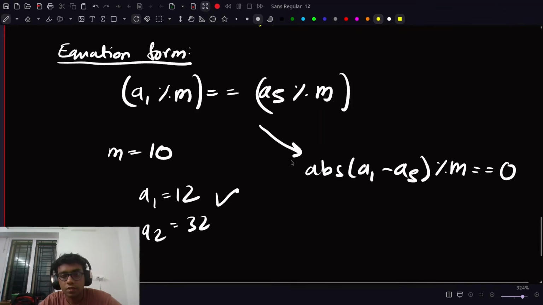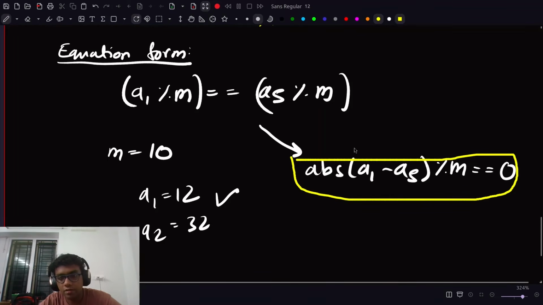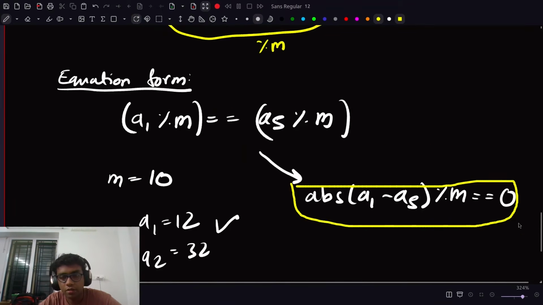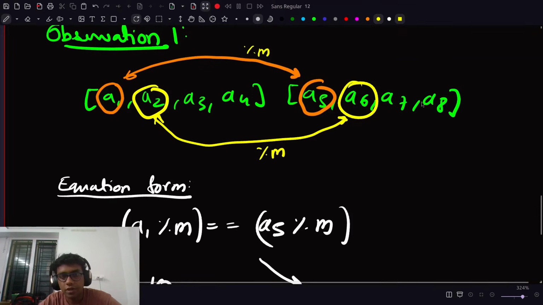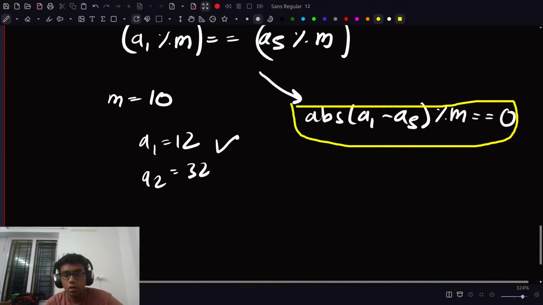So keep this in mind, that the absolute value of a1 minus a5 in this example, mod m, is 0. Similarly, we can also state that the absolute value of a2 minus a6 mod m